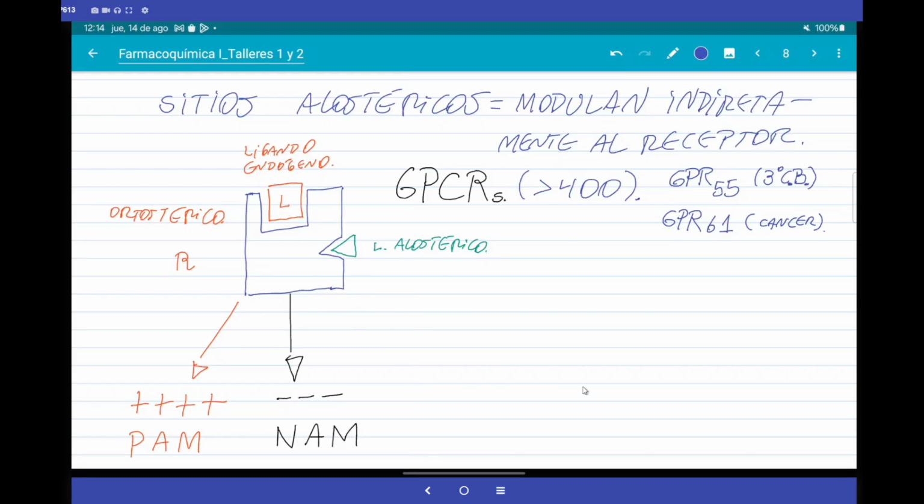And what is the third? If it comes to mind, there is a third option. That is always the neutral effect. As I can no longer use the letter N again, I am simply going to say neutral allosteric modulator, and I am going to write here neutral. That is, it does nothing, it only maintains the receptor with its own response that the endogenous ligand will generate. So you could do it. I do not have any example coming to mind, but very good observation.